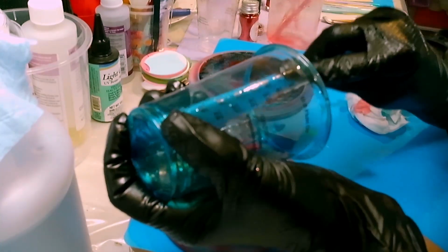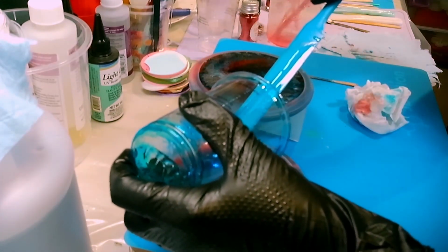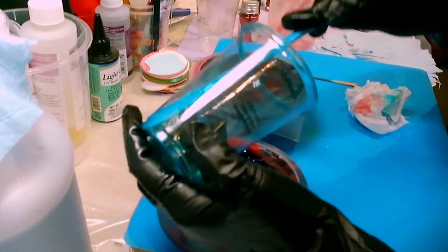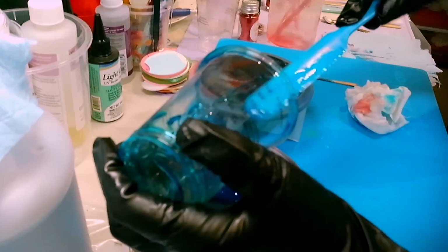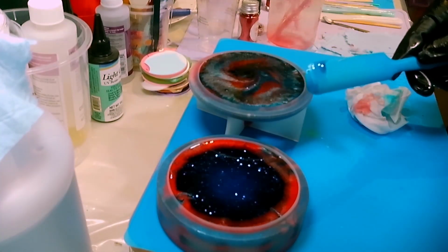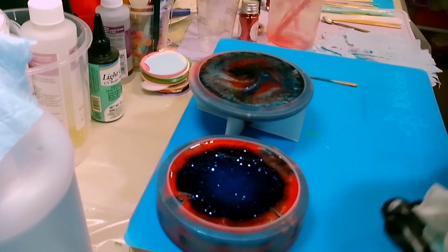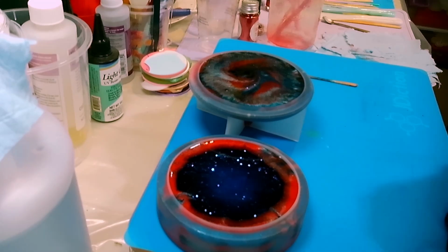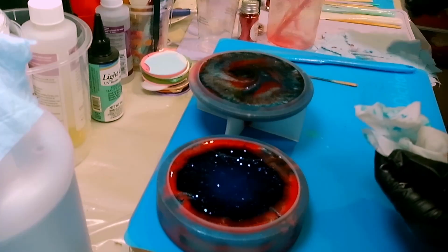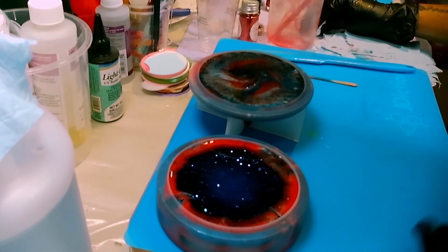But once I get all this cleaned out and it's sort of set, then I'll show you, and you can see some of the issues I ran into. And again, I don't think it was the right piece to use the Alumilite on, because the lid is seriously heavy. I am not cleaning those out. They can go. Even with drying out for a couple of days, it's seriously too heavy. Anyways, let me just clean up my utensils a little bit before we...